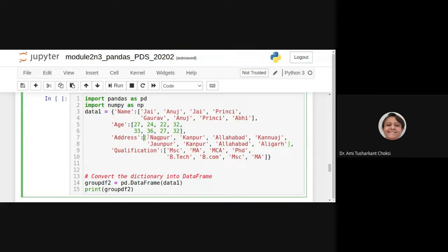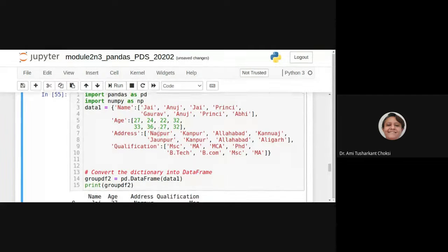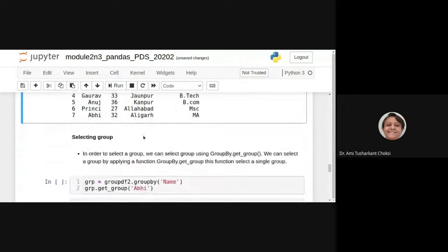Here we now have the values MSc and MCA for Jay. We are creating the original data frame again. I keep putting this code again and again so we do not have to rely on what we have already created. If we have changed that, we will be able to see the effect here also. The only thing is we should have the data frame available, and based on whatever the values are, we see the effect.